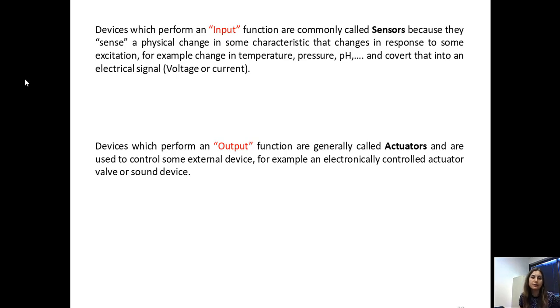On the other hand, devices which perform an output function are generally called actuators and are used to control some external devices. For example, if you have an electronically controlled actuator valve or if you have a sound device. So for example,